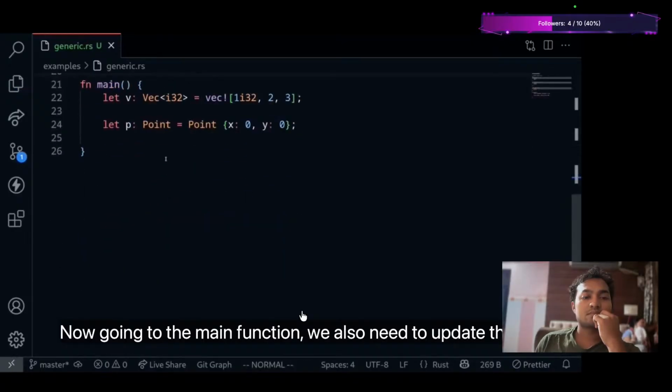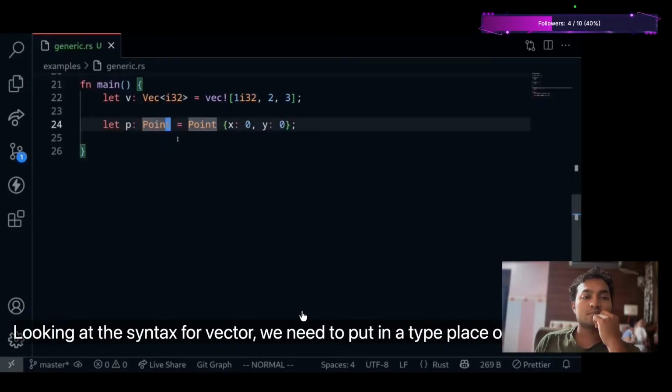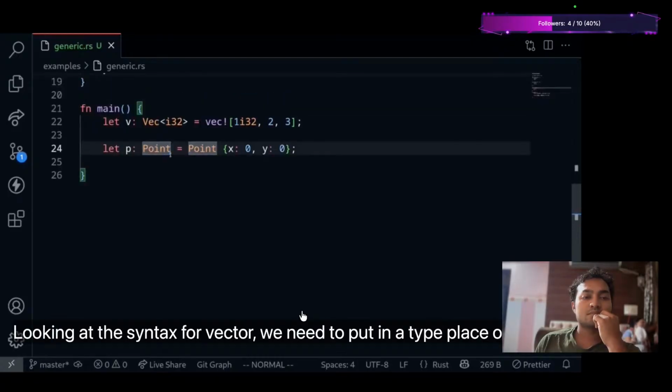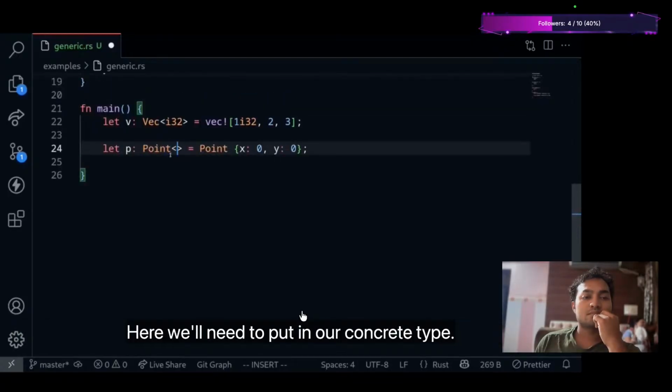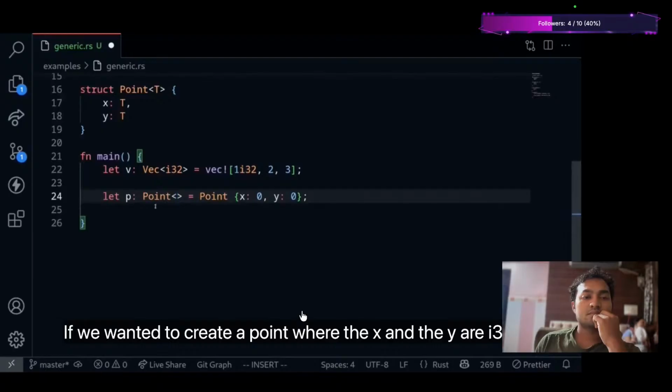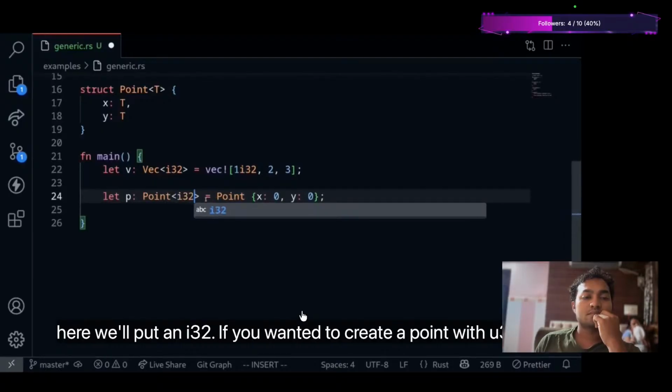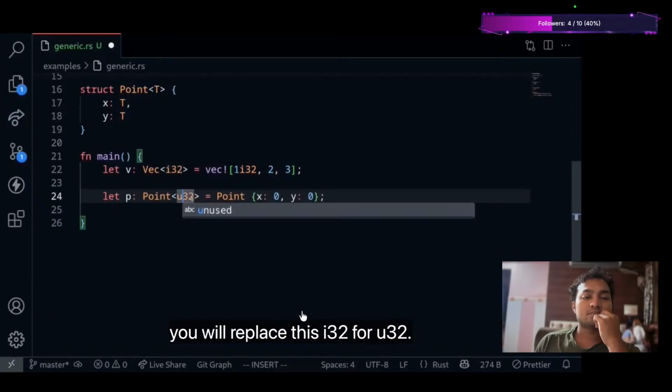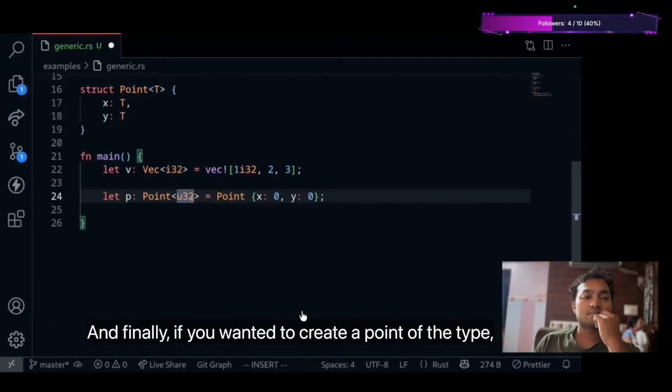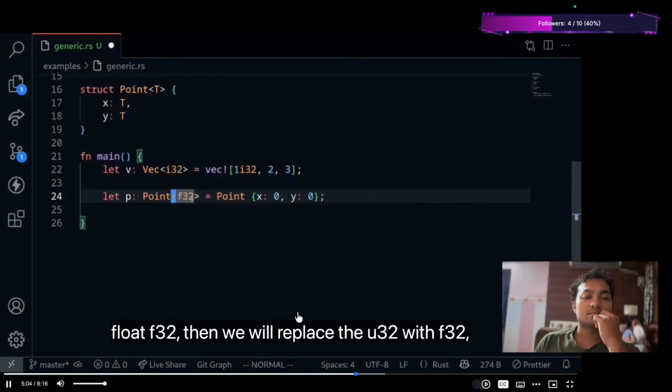Now, going to the main function, we also need to update this. Looking at the syntax for vector, we need to put in a type placeholder here. Here, we'll need to put in our concrete type. If you wanted to create a point where the x and the y are I32, here we'll put an I32. If you wanted to create a point with U32, you will replace this I32 with a U32. And finally, if you wanted to create a point of the type float F32, then we will replace the U32